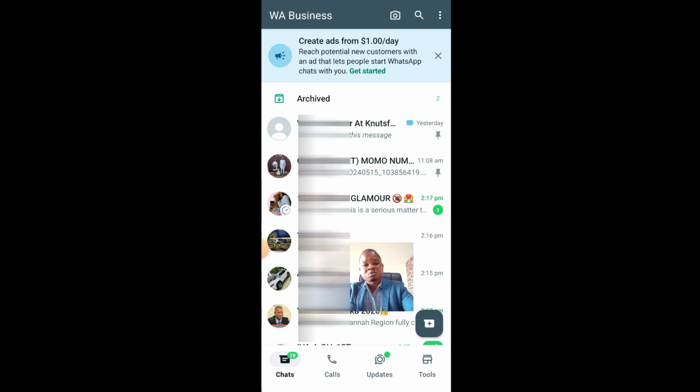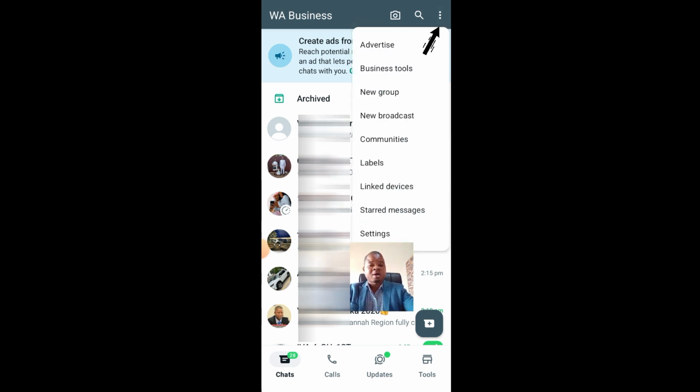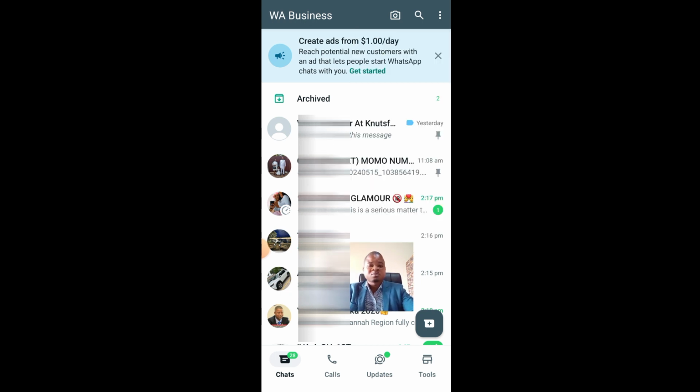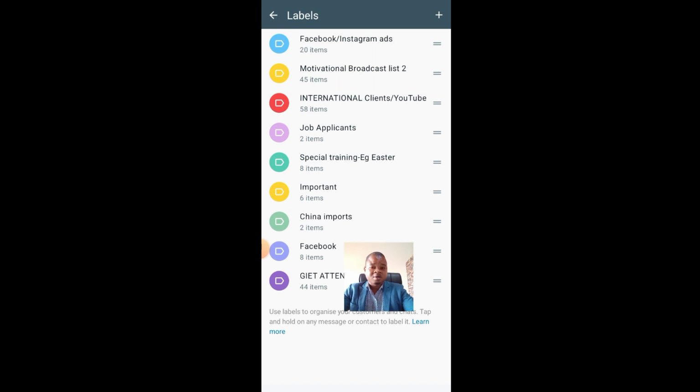When you come to WhatsApp business, you click on the three dots at the top right hand corner. If you're using iPhone, the interface may be slightly different, but it is something similar. You see those three dots at the top right hand corner, you click on it, you will see labels. So when you come to labels, for example, you see that here I have labeled something I